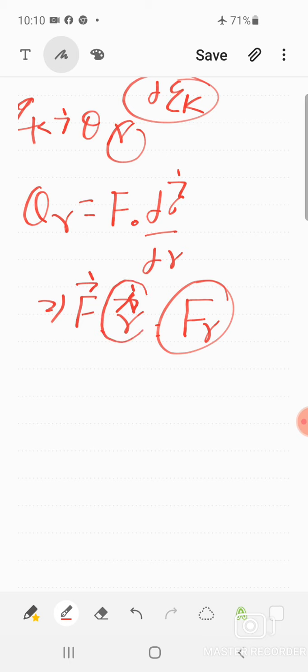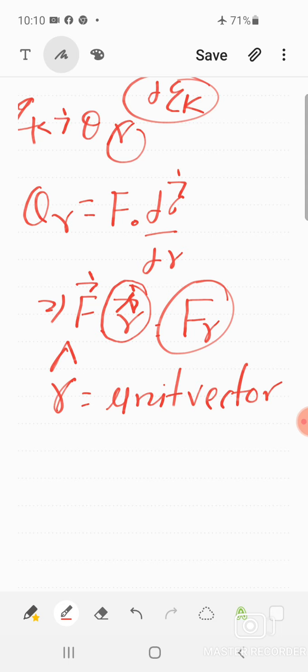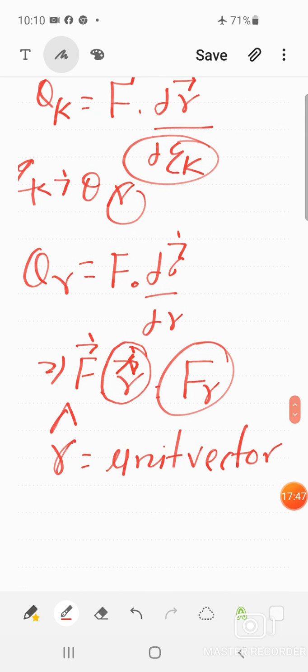This r cap represents the unit vector along the position vector r. R cap is the unit vector along the r. Then